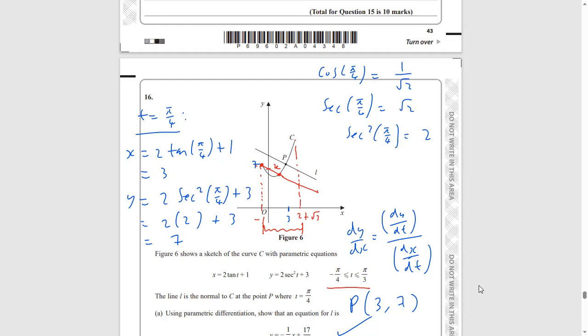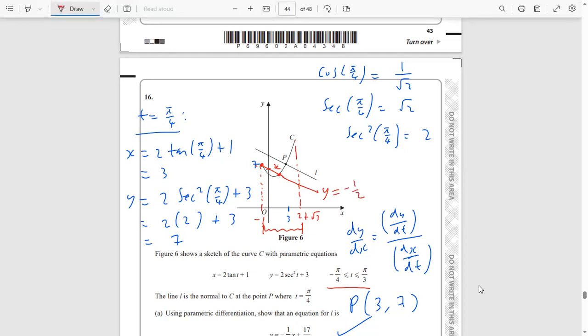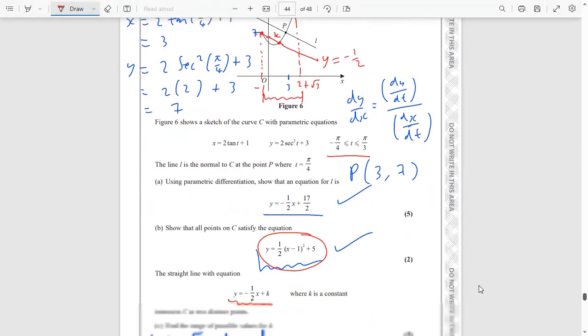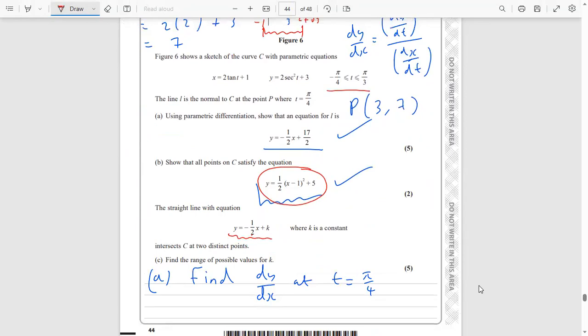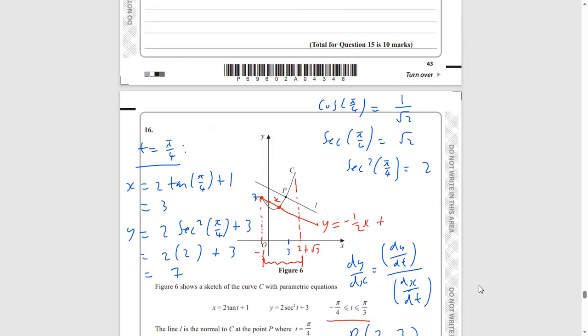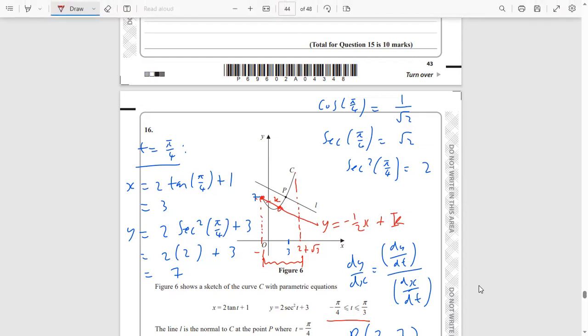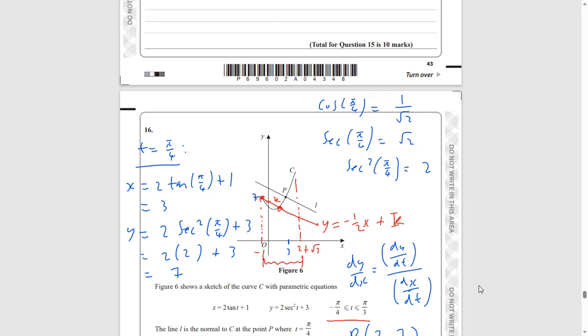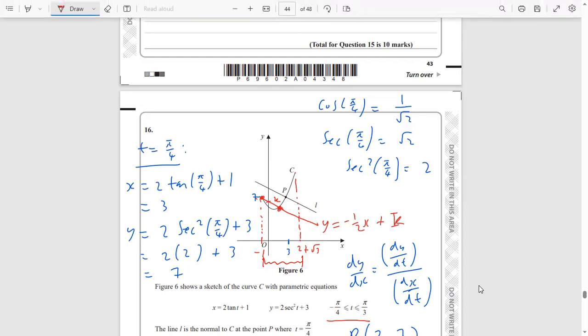So we know that the equation of this red line here that I've drawn in is y equals negative a half, because again, that's what the question wants. The equation of this line must have a gradient of negative a half. So we've got y equals negative a half x plus k. I'm just going to call this capital K just to distinguish this between the general k that we had before. So we want to find out this K value that intersects at this coordinate minus 1 and 7, and also